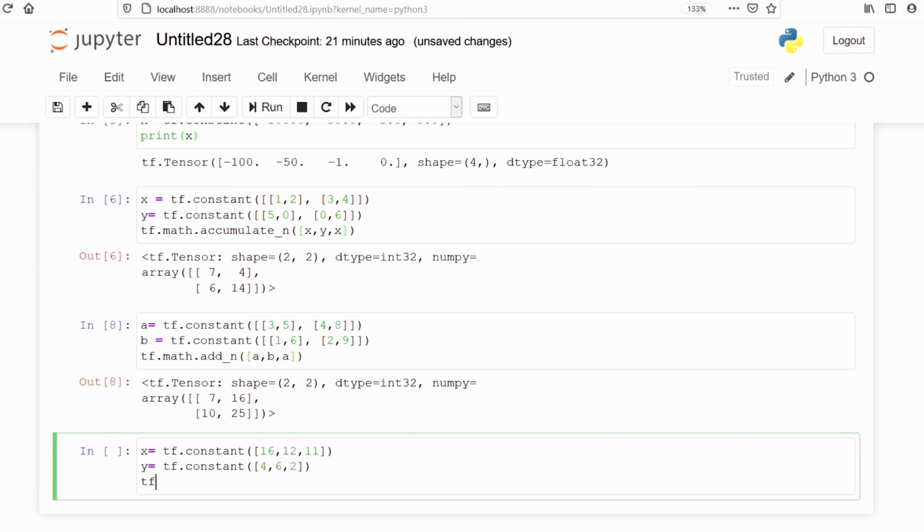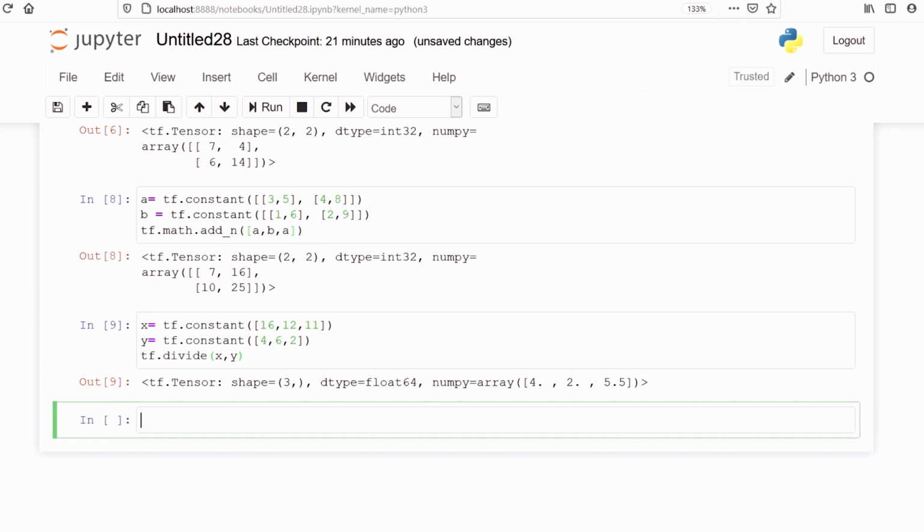We will call the method tf.divide and we will pass our variable. Here the result is 4. 4 4s are 16. Then 6 2s are 12. Then 2 5.5s are 11. This is how this divide method works.